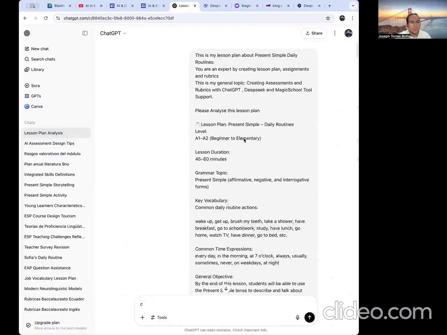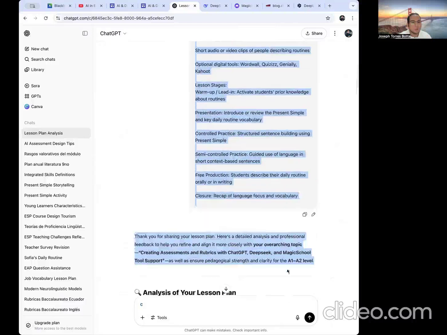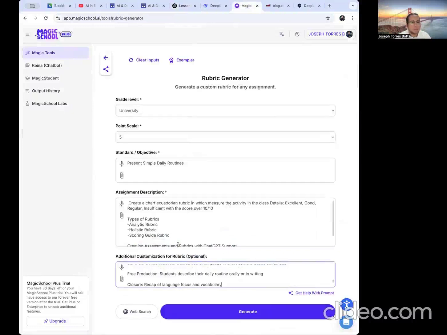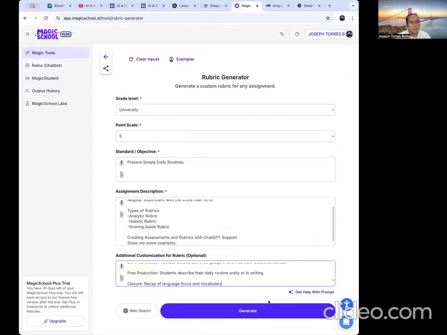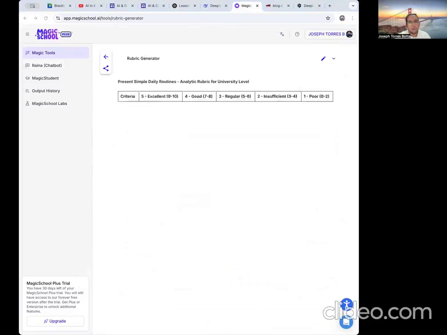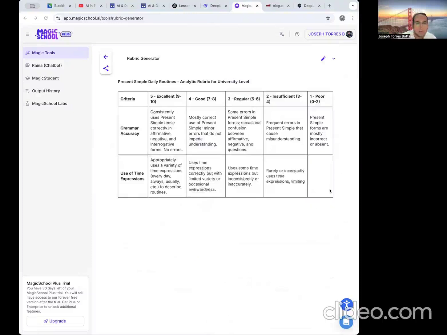let me check our lesson plan again. Remember that this is our lesson plan. It's the same one that we're going to use, the same information. I'm going to copy and then paste it here. As you can see, we have the same information here. We have the topic, of course, related with the university, and then generated. We have to wait just a few seconds, and here we have